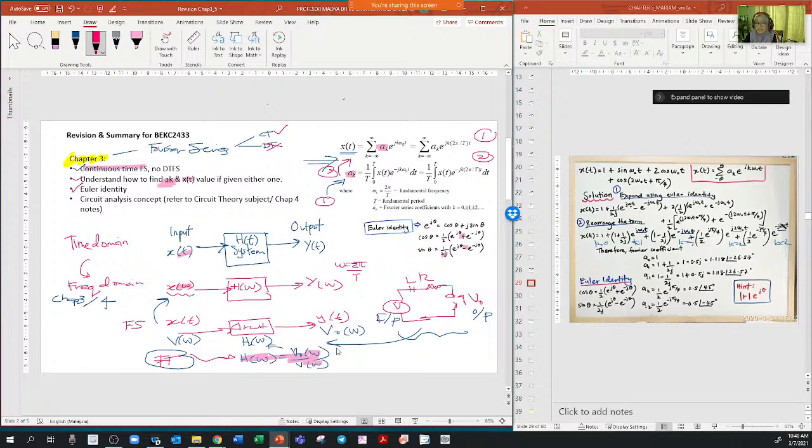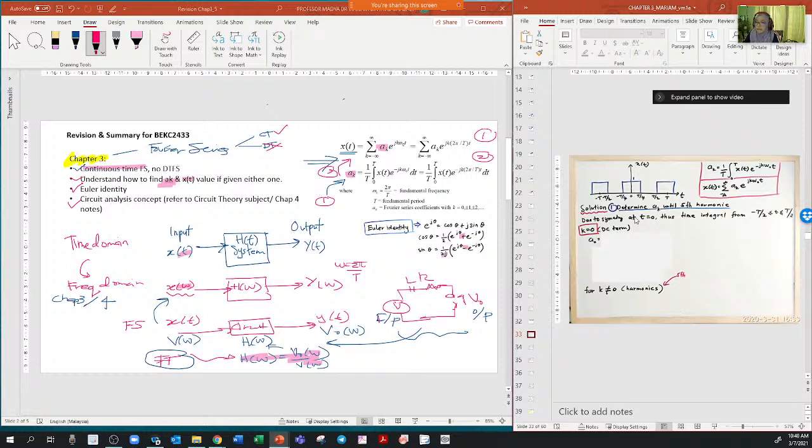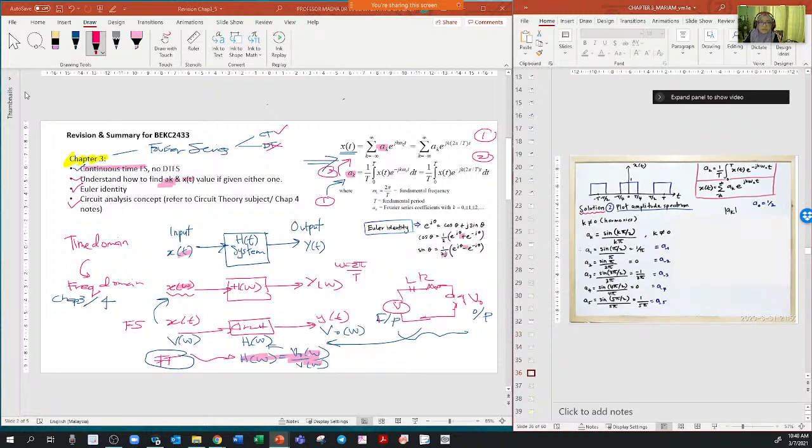This is where some of the questions are going to combine Fourier series and Fourier transform, because it's in the same domain, which is the frequency domain. So this one you also need to know. Go through all of the notes and the video, and I'm sure you can try to answer that. Okay, next is